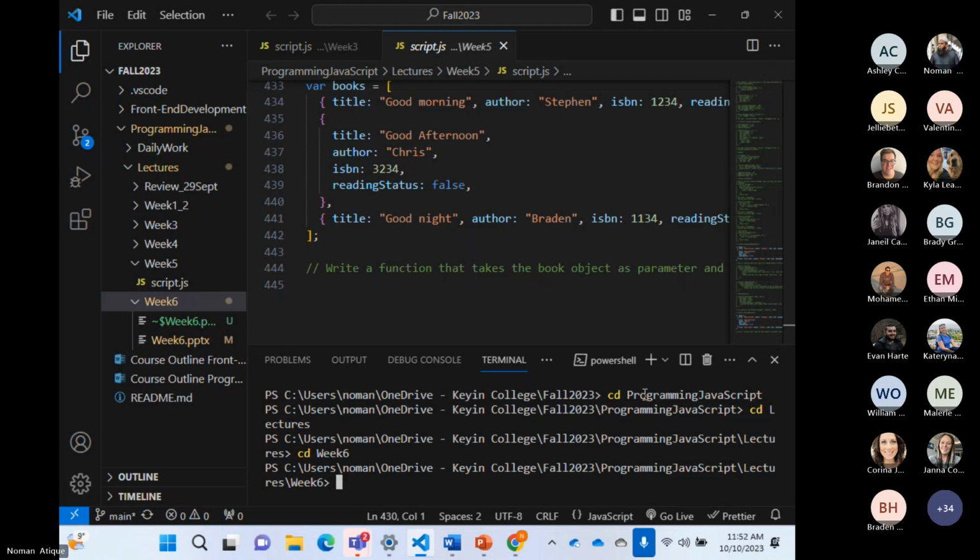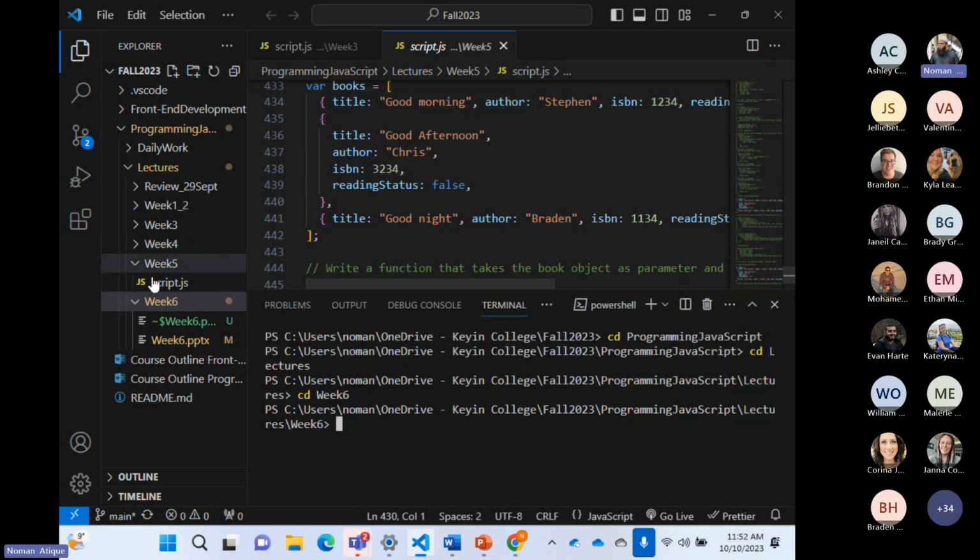I would want everyone to be inside their week 6 folder, whatever you call that. My cursor should be in the week 6 folder, and that's very important. That's why I've stopped here, because I want everyone to be very clear where we are right now. Can I have a thumbs up from everyone who understands where my cursor is right now? The commands that I will run will affect this area, so I want to be very sure everyone understands where their cursor is. I can see a lot of thumbs up, but I would like everyone to jump in, because this is very important. If you don't do that, that would become a problem.